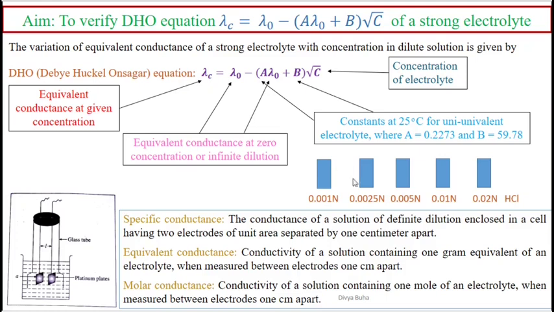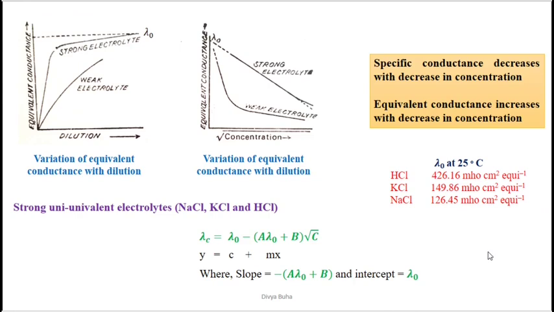So with the change in the concentration, there would be variation in the equivalent conductance. Because we know that with dilution, the ions would be getting more space to move freely, and due to this the inter-ionic interaction would be lesser, and due to this the migration speed of the ions would increase, and finally the equivalent conductance would increase with dilution.